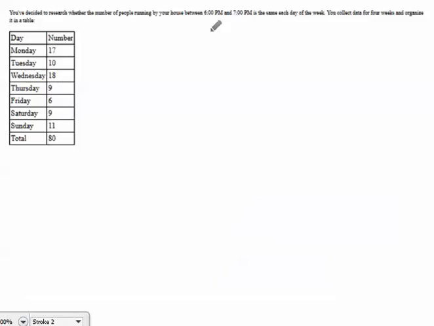So, here we go. We're asked to look at this table here, and they want to know, is the number of runners going by your house the same every single day? You've got this table, and it gives you the number of runners going by your house every single day. There's 7 days, so you would expect the number,